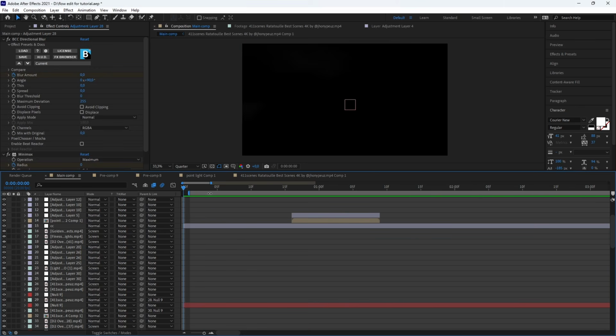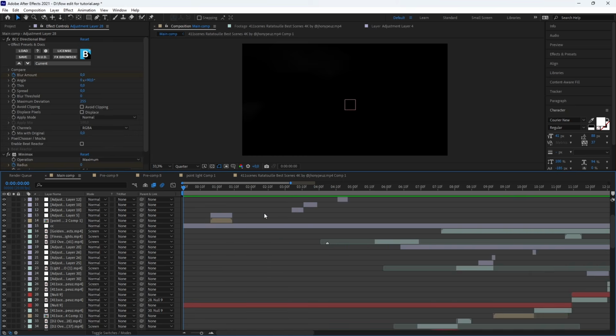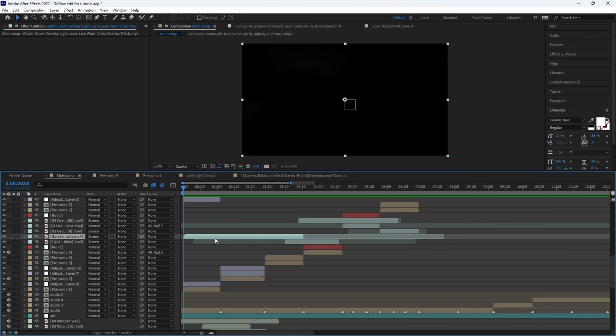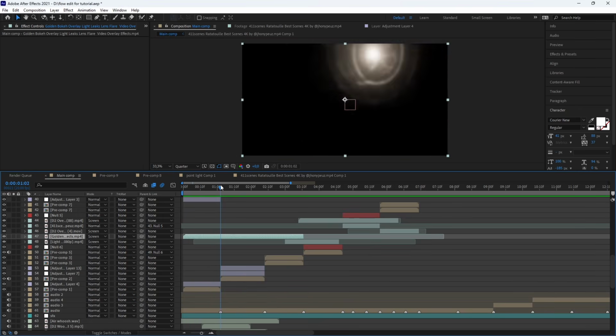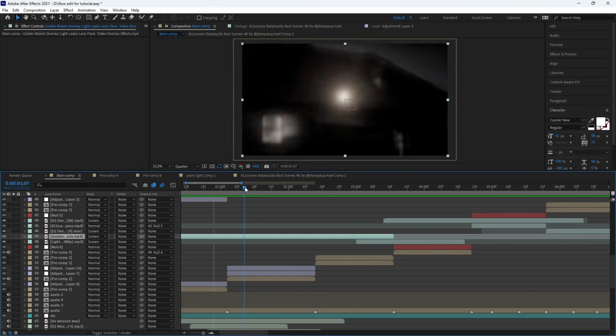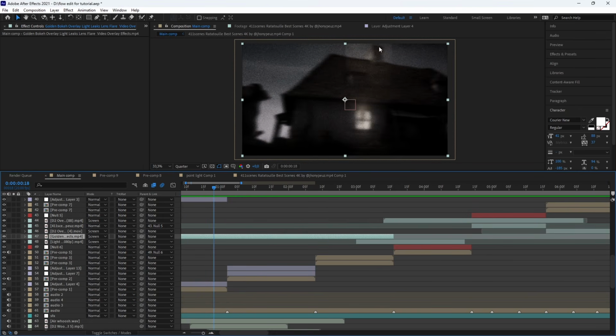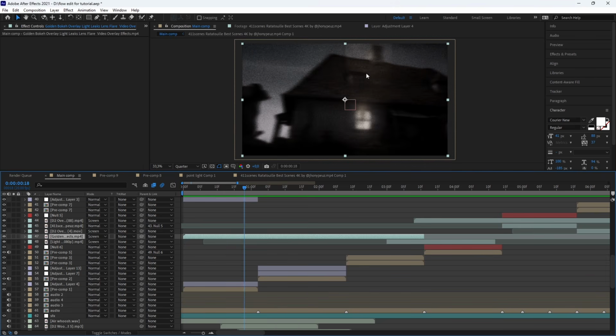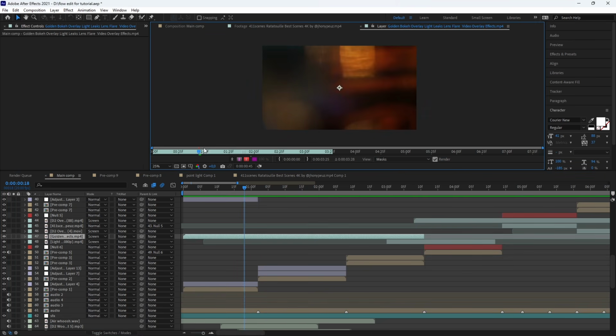So now let's talk about the last part, all the overlays that are added on this edit. There's a lot of overlays, honestly. So the first overlay I added is this golden thing here. We don't really see it, it's very subtle, but it adds something cool here. If I remove it, you can see there's a real difference. So it looks like this.